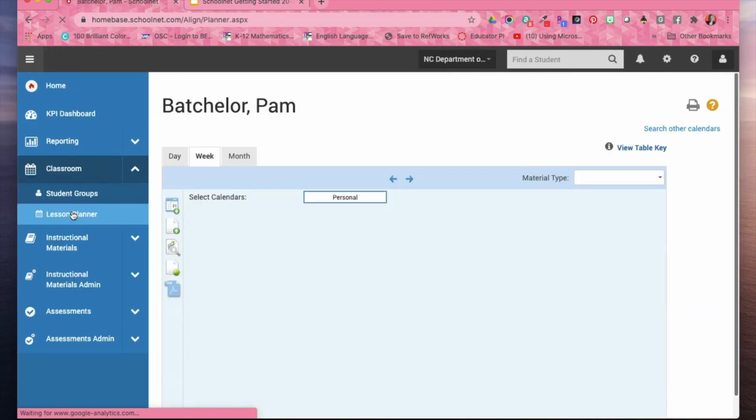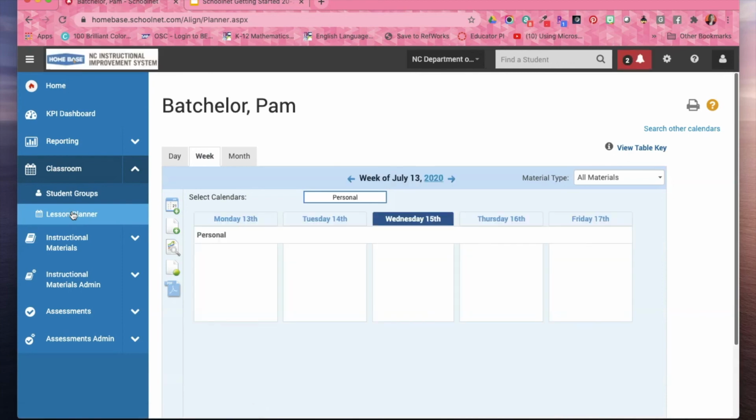Lesson planner. Schoolnet does have a lesson planner built into it. I know a lot of teachers and schools may have a subscription or something that they use for lesson planning, but I wanted to let you know that Schoolnet does have this feature. The nice thing is that your administrators can go in and look at your lesson planner in Schoolnet. There's also a role to allow instructional coaches or school library media folks to view lesson planners. If you are one of those roles and you can't see lesson planners, ask your data manager at your school if they can add that lesson planner feature to your